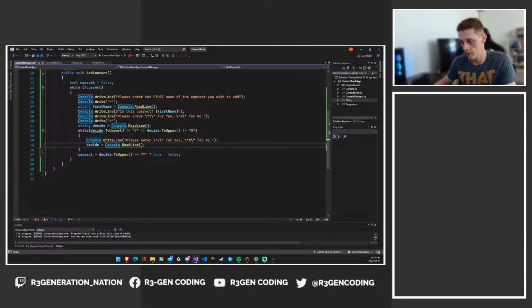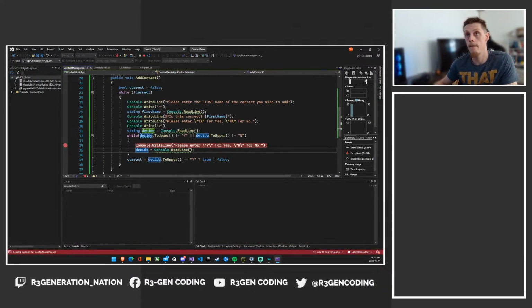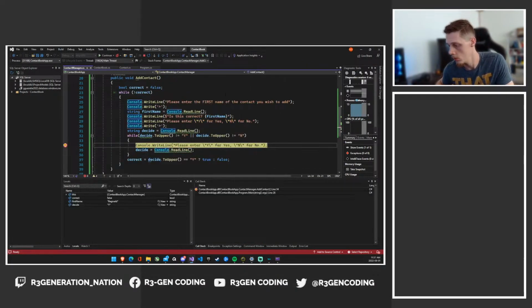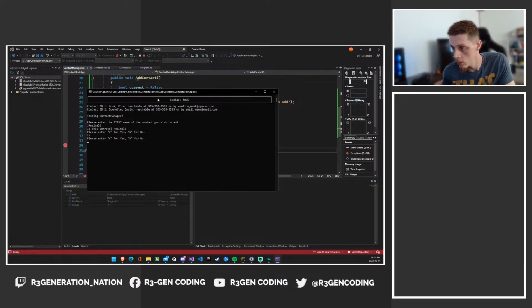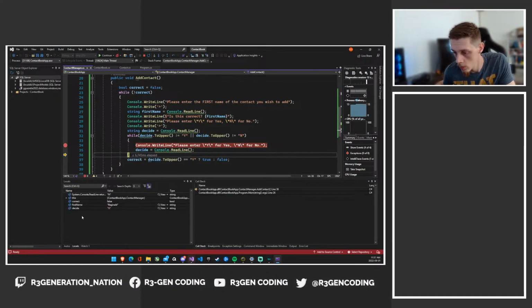So this should actually be hitting our exit condition, and I'm going to double check why. And it just asks me again. Okay. Well,